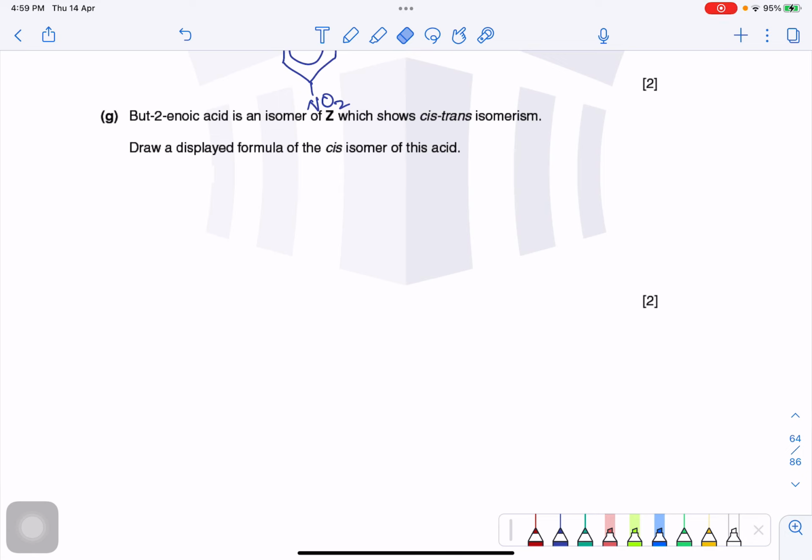But-2-enoic acid, enoic acid का मतलब है कि इसमें डबल बॉन्ड है। इज एन आइसोमर ऑफ Z which shows cis trans isomerism। तो C का cis trans isomerism शो कराने वाला कैसे होगा, इनको आप डिफरेंट ग्रुप्स अटैच कर दें, एक साइड पे कार्बन वाला कर दें, कुछ इधर भी कार्बन वाला कर दें और इधर हाइड्रोजन्स कर दें, दैट्स हाउ यू शो cis trans isomerism। ओके, सो दिस इज cis because hydrogens are both on the same side। अब हमारा C4H8